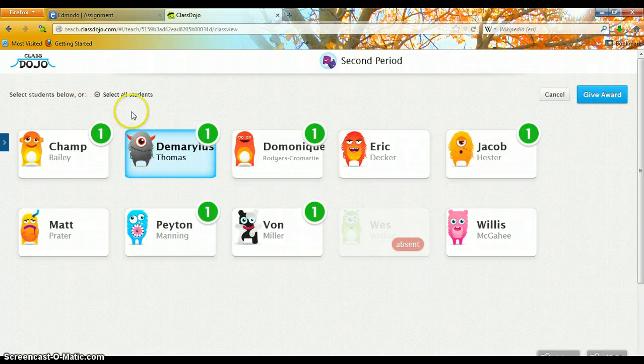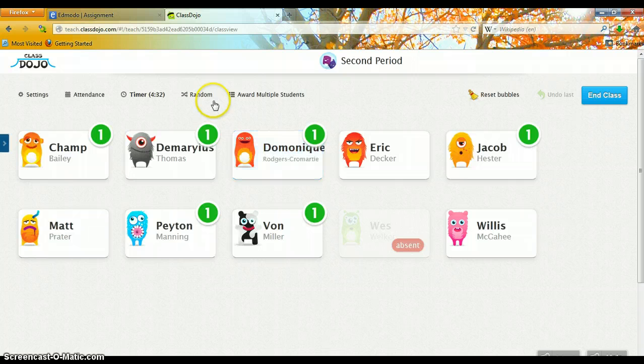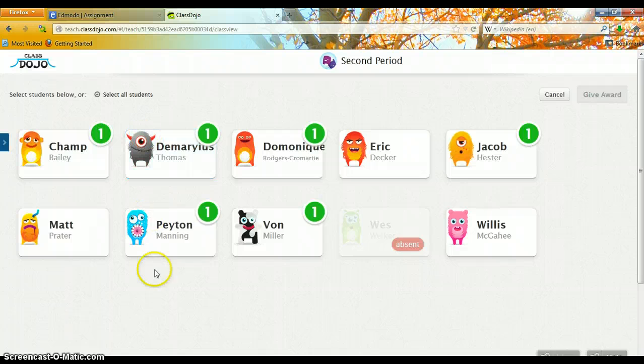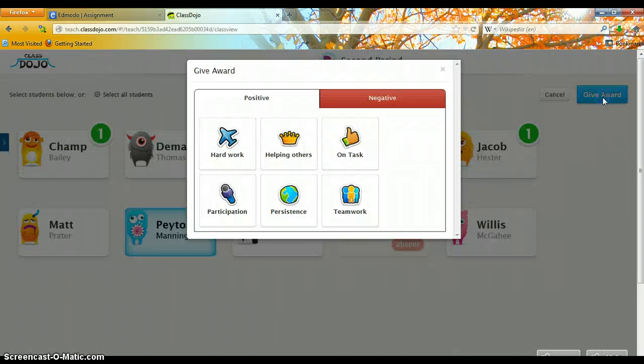So here, I'm going to go back real quick. You can select all students or just go back. So I'm going to cancel. And here you can say award multiple students. When you're sitting at your desk or wherever, you can just keep an eye out for kids. And so we'll say Peyton Manning, we'll give him an award. So a positive award. And you'll notice that this stuff is pretty childish,